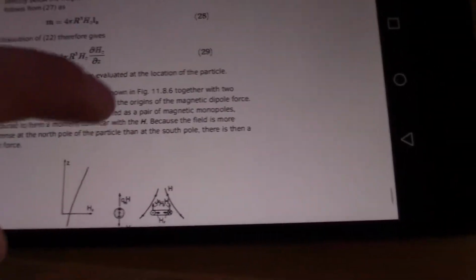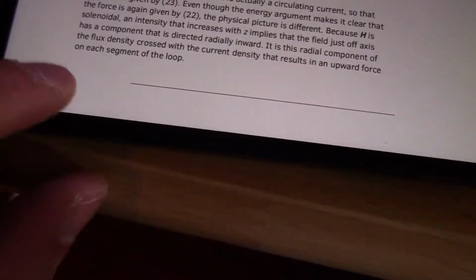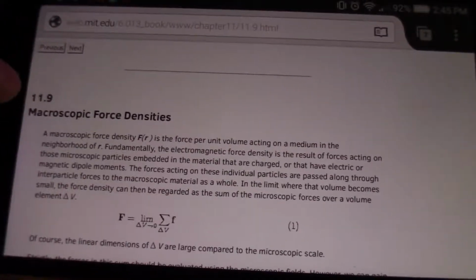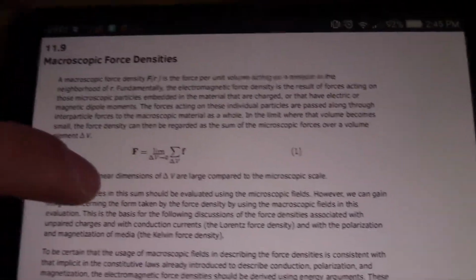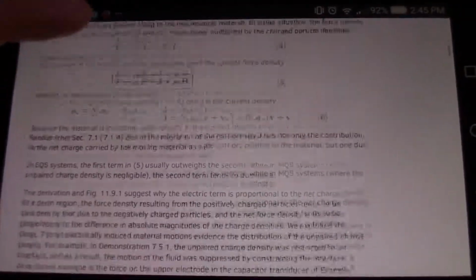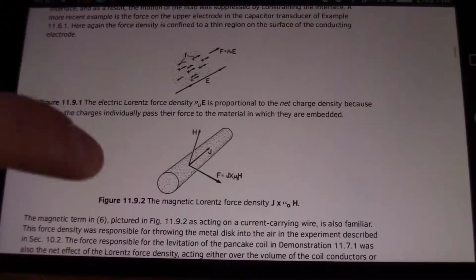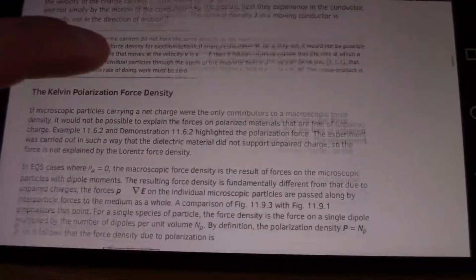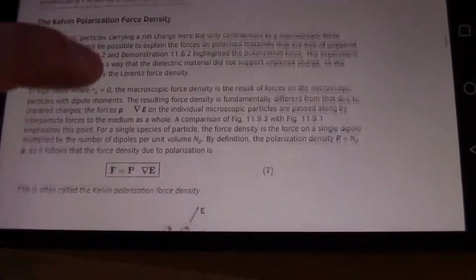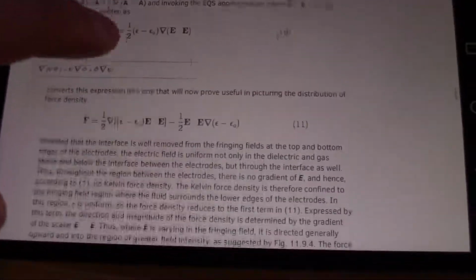And he discusses the things called Kelvin force density. That's named after Lord Kelvin, I would say. Okay, so macroscopic force densities: Lorentz force density, Kelvin polarization force density. That's for electric dipoles. And then he extends that